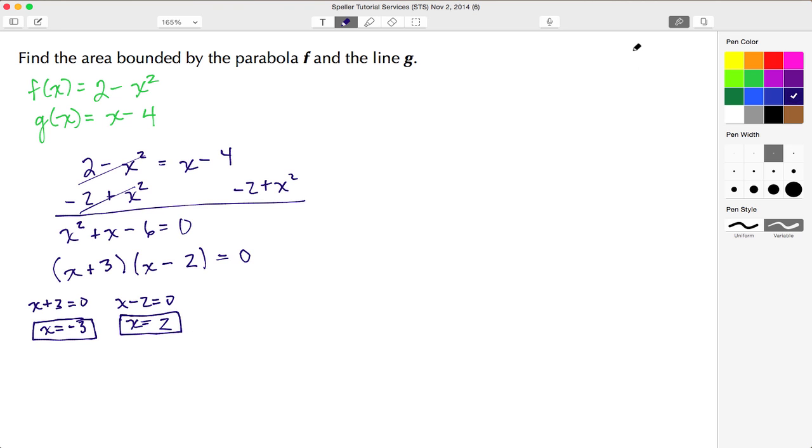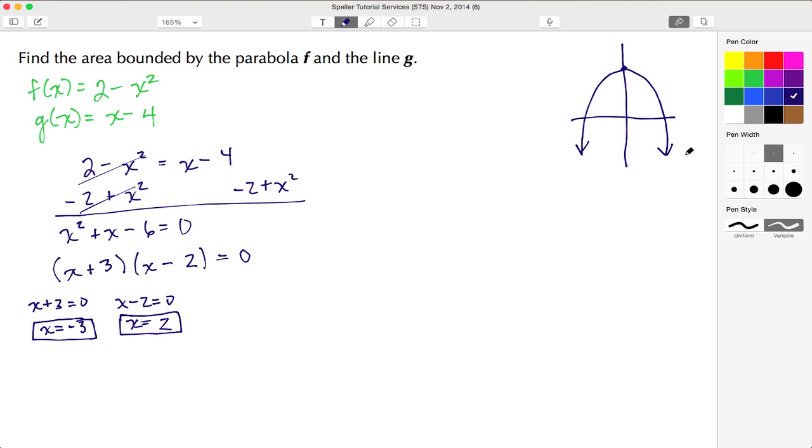Now let's go ahead and do a basic sketch of what we expect here. We're told it's a parabola. Again, we know that because it's second degree. This parabola is going to be facing down because the coefficient is negative, and we see that it has a vertical shift of 2 units. So we know we're going to be up here at 2 units, and it's going to open downward.